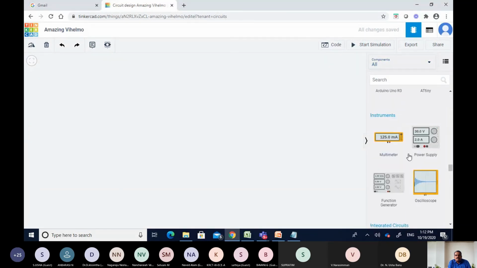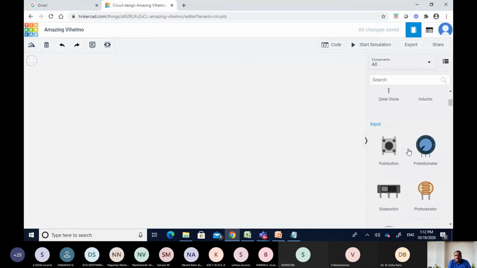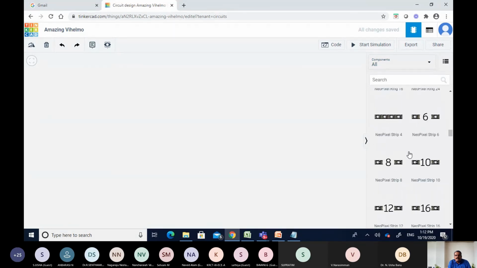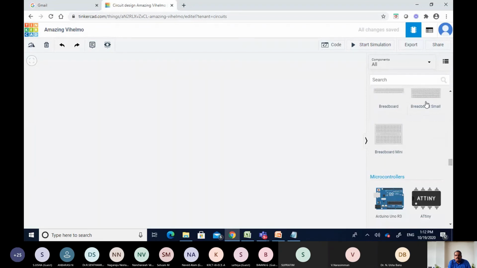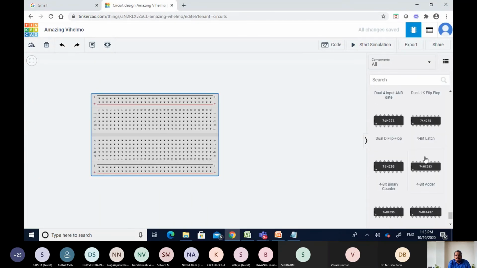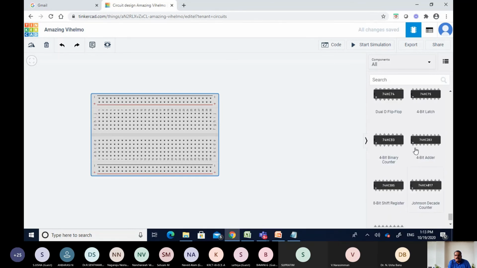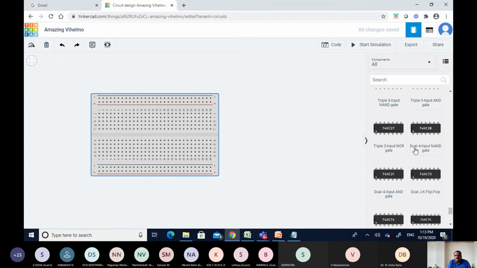So in the last plane, I will be getting my JK flip-flop. Right? So where is it? So here you have your JK flip-flop. So if you wish, you can download your data sheet. So it is not required for this case. As I told, if you make a mouse over, you will be getting the inputs, right?